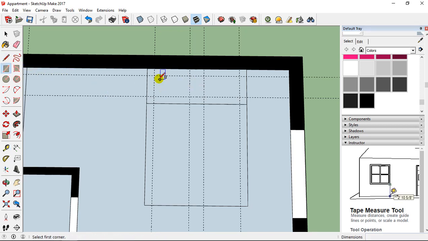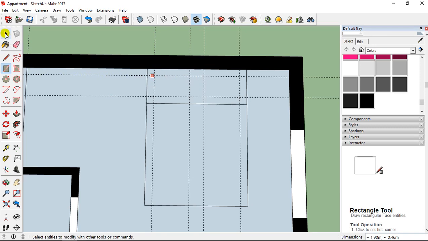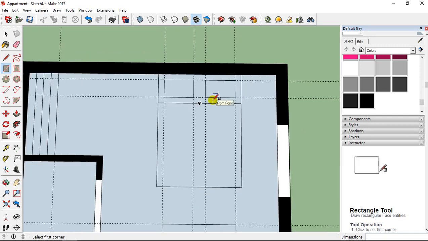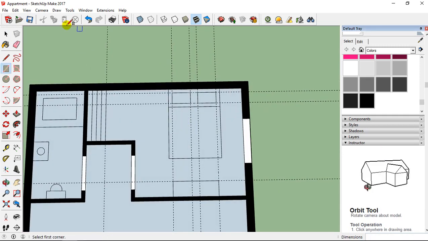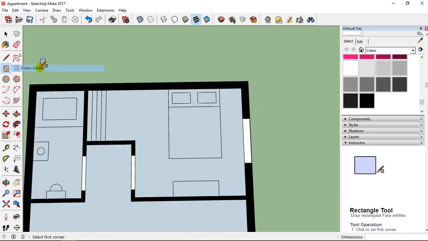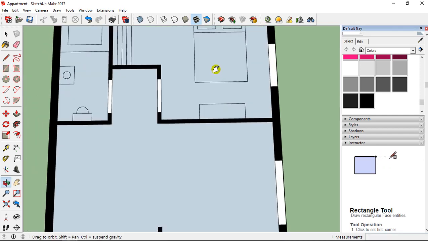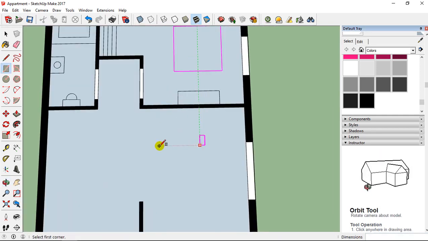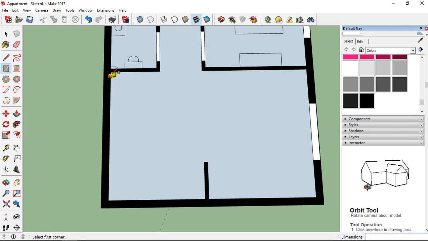I take the rectangle tool, like this. Edit and delete guides.